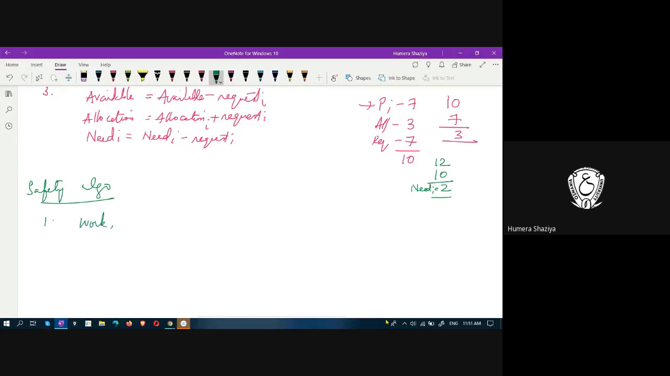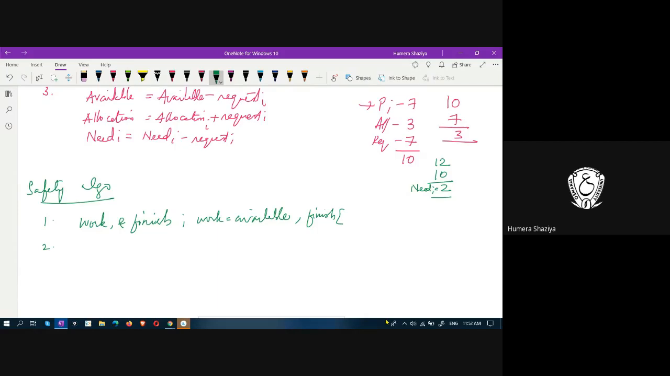Here, as per the terminology used in this algorithm, work and finish. These are the 2 vectors that have been declared and initialized. Work is initialized to available, whatever are the available resources, that value you are giving to work. It is a vector. And finish is